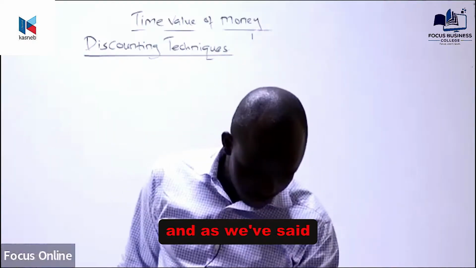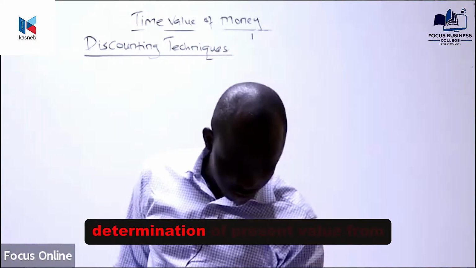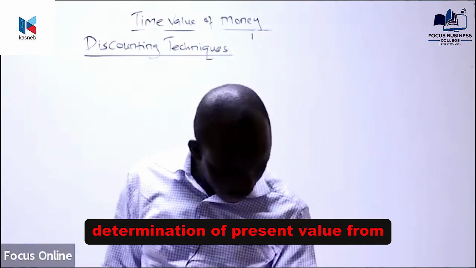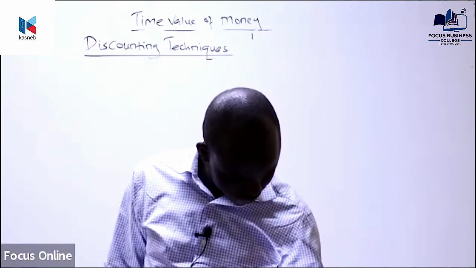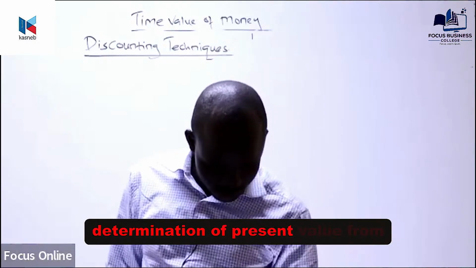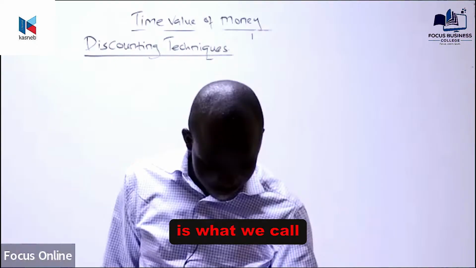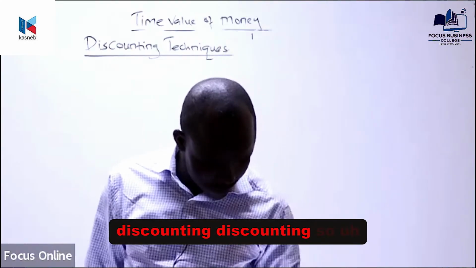And as we've said, discounting is this determination of present value from a future amount. Determination of present value from a future amount is what we call discounting. Or rather, yeah, discounting. So,